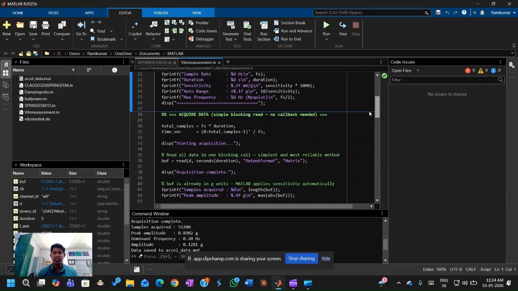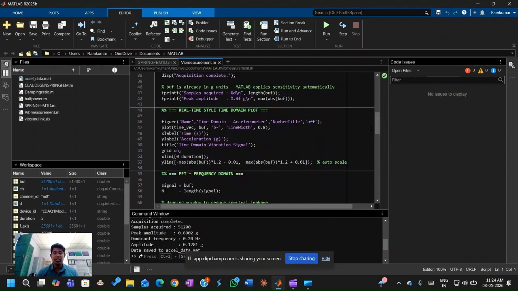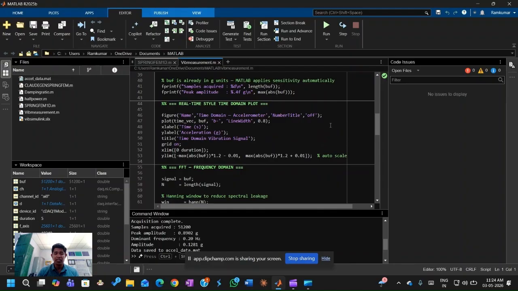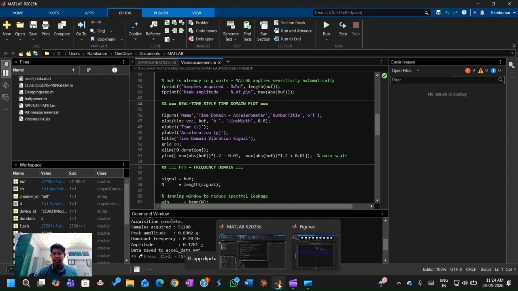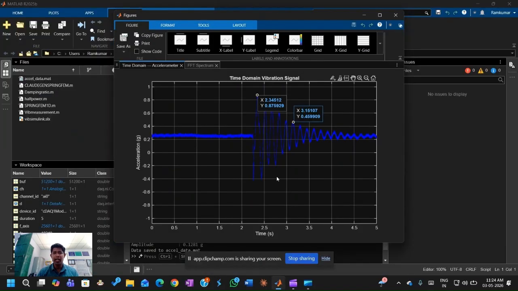Now if you run the program and give an initial disturbance to the beam, it will capture the signal for 5 seconds. After capturing the signal, we can see the data acquired. This is our time domain plot. We can see that the amplitude is decaying over a period of time. So this is an underdamped system. And we can also find the amplitudes here. The first peak is around 0.87 g, and after 1, 2, 3, 4, 5 cycles, the amplitude reduces to